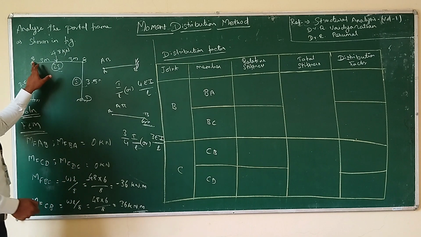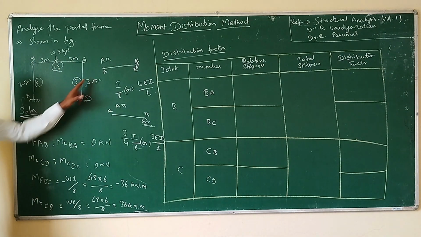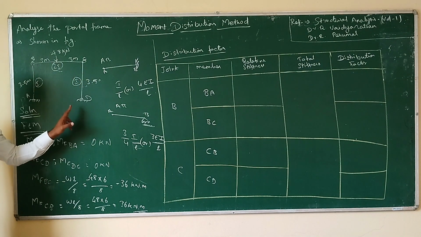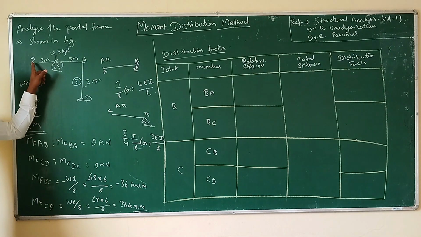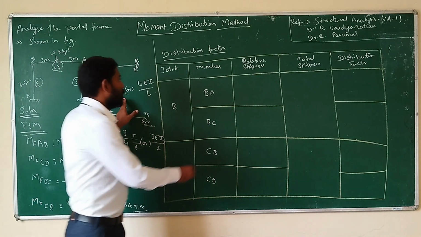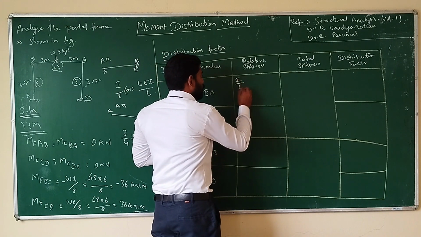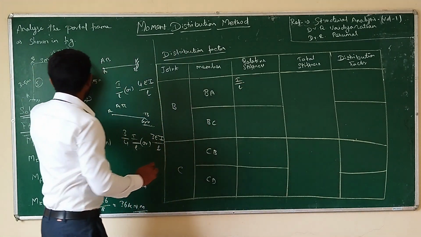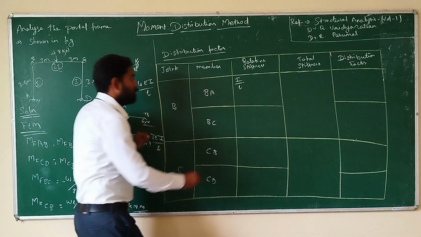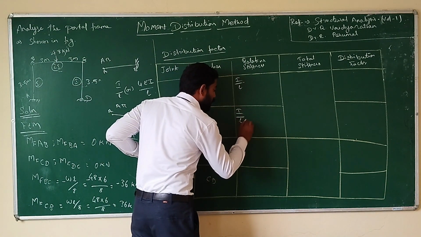And hence, in our conditions, since we are taking this as a rigid frame, portal frame, it will be considered as rigid. We are considering all the joints to be fixed ones. And hence, for BA, the far end is fixed, so I am just going with the formula of I by L. And the same way for BC, the far end is a fixed condition, so I am just going with I by L.